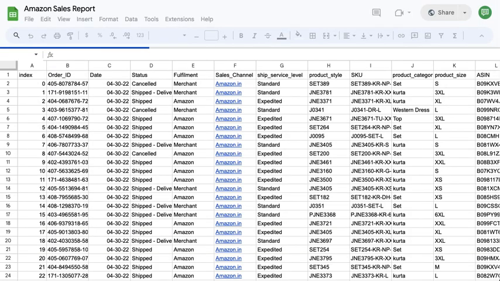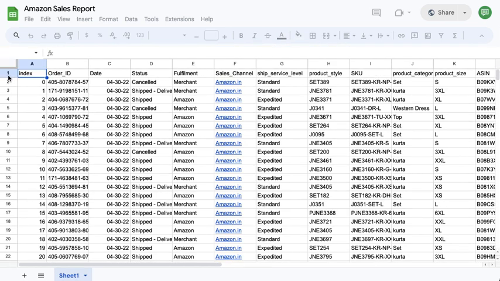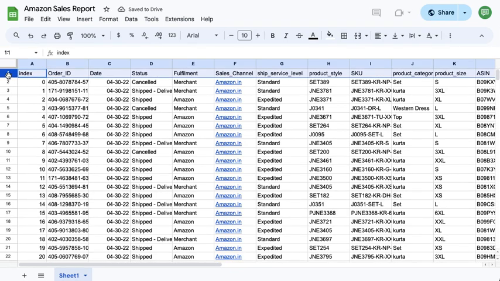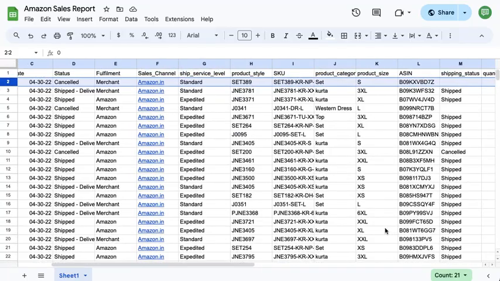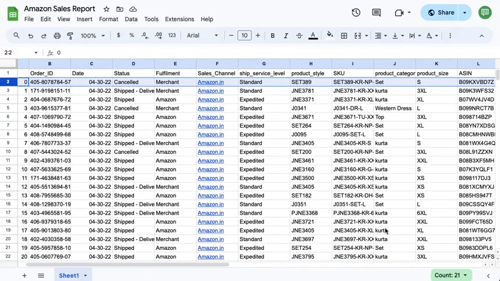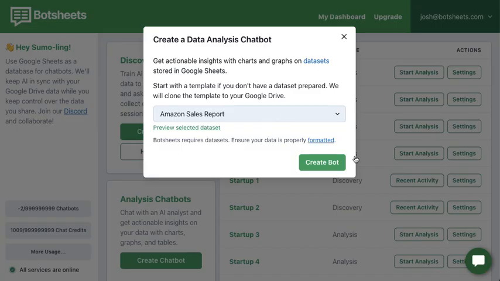So here is this Amazon sales report, and you can see I have my headers, and then I have all of these rows of data, and the chatbot is going to read this data and help me understand it. It's going to generate insights, and it's going to generate long tables of results as well. So let's dive in and let's create a bot with this data set,